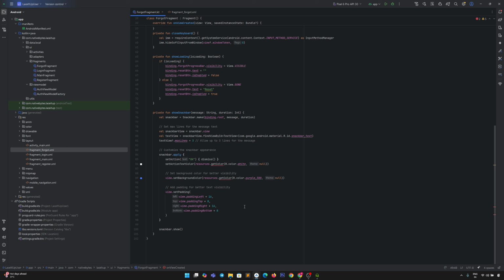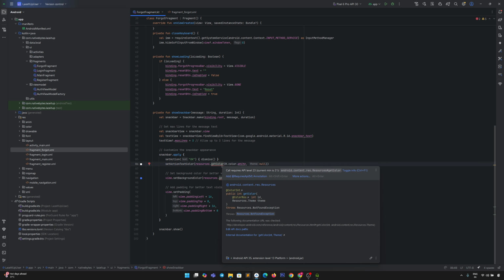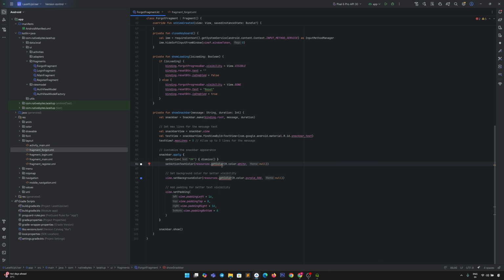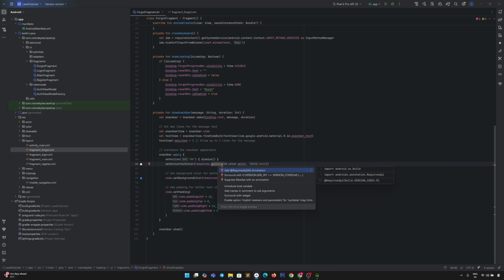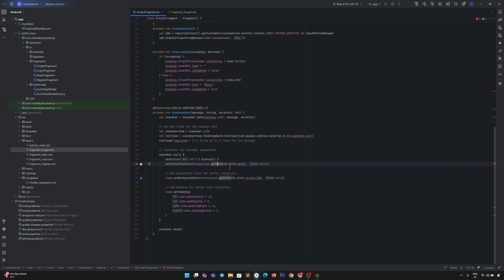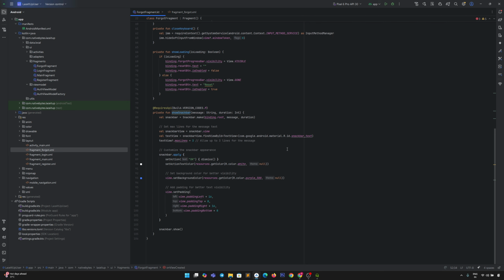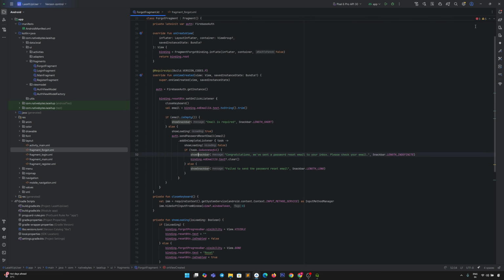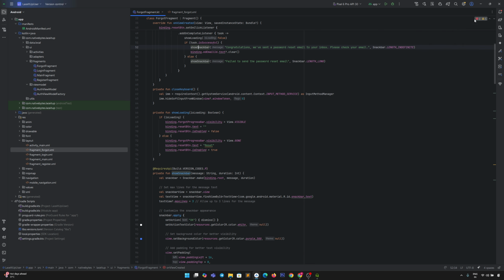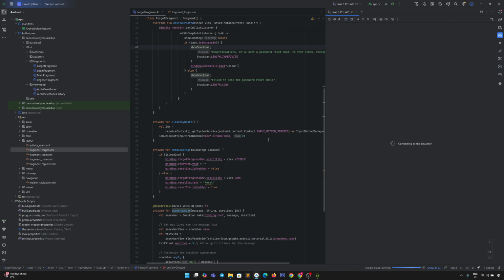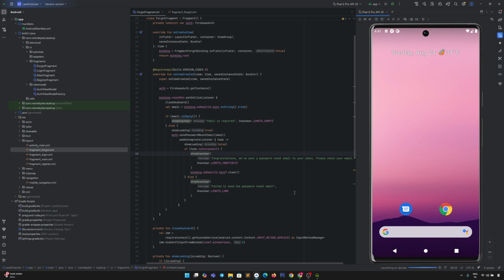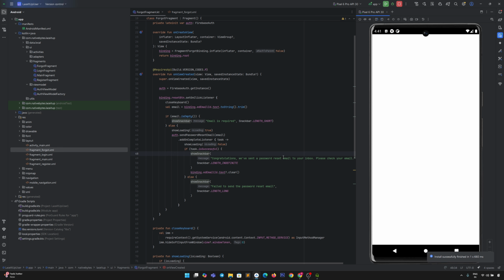Now here we are getting two errors. To resolve these errors, we just need to press Alt plus Enter. Okay, now our error is gone. See, now our error is gone. Nothing is there. Now we need to run the logic. Now I will show you the actual flow, how it behaves end to end.